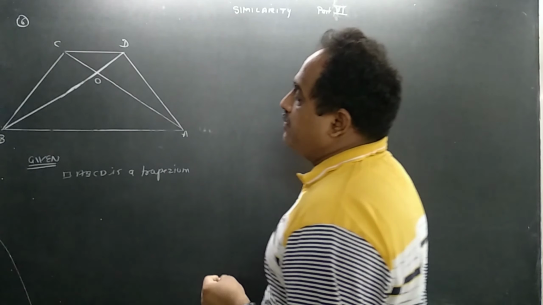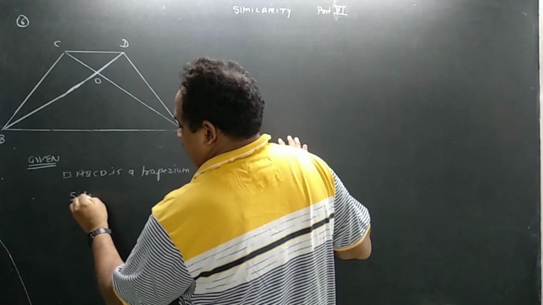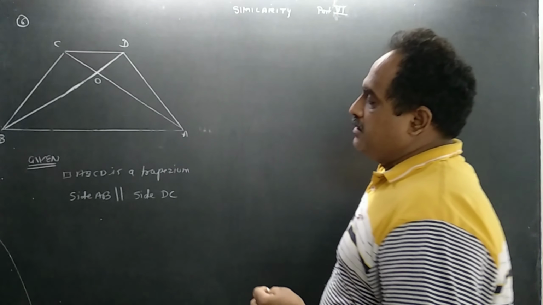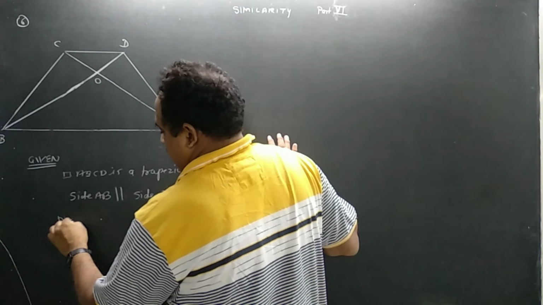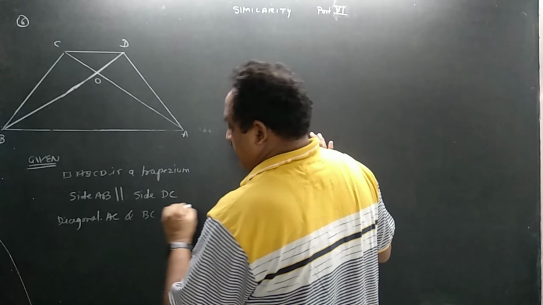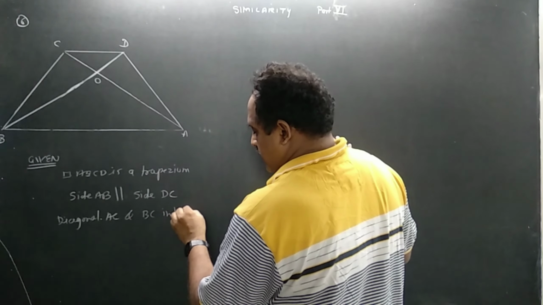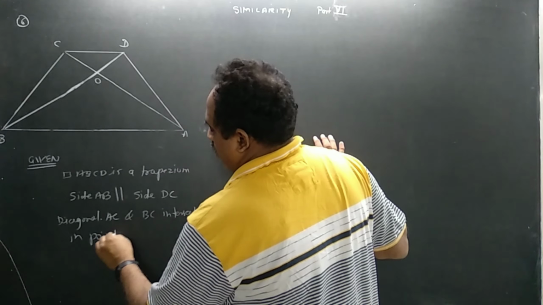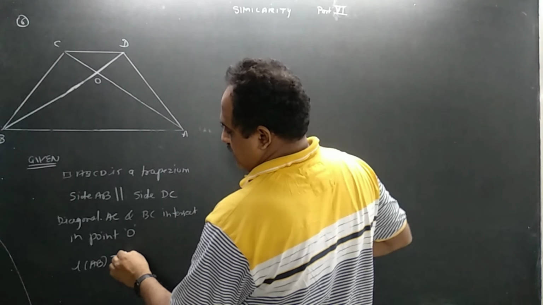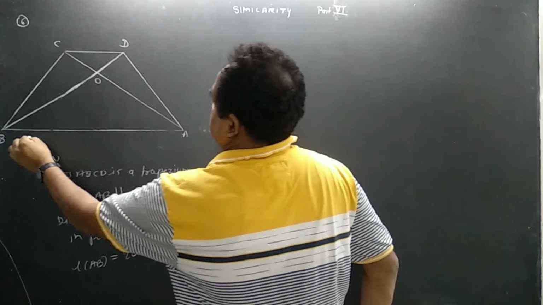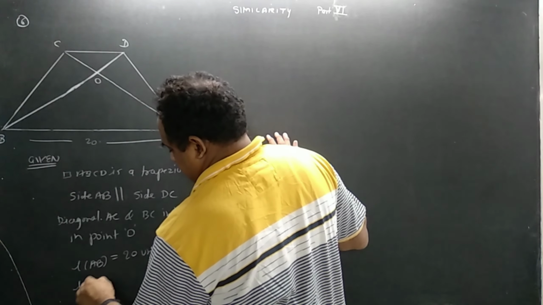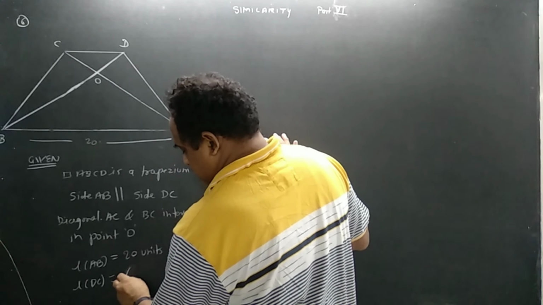If it is a trapezium, side AB is parallel to side DC. Diagonals AC and BD intersect in point O. If length AB equals 20 units, length DC equals 6 units,